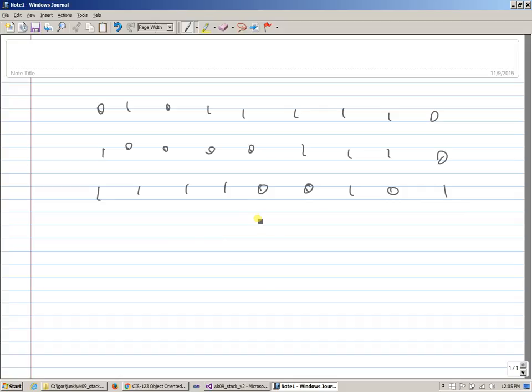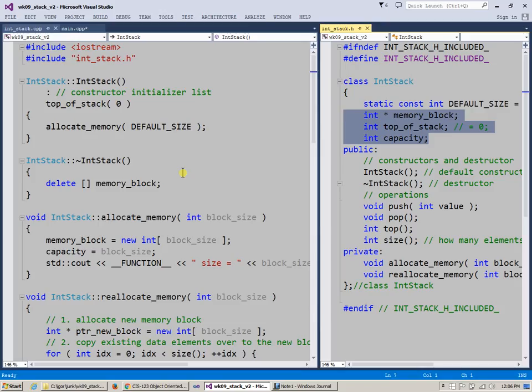Depending on the context of that 0 and 1, it can be a character, it can be an integer, or it could be an executable instruction that the CPU understands and executes on our behalf. So our stack is somewhere in the midst of this sea of zeros and ones, occupying memory and containing some data. So we need to analyze what these zeros and ones are, and for that we look at the content of our stack. We say that our stack is actually made up of a pointer to an integer, the memory block,